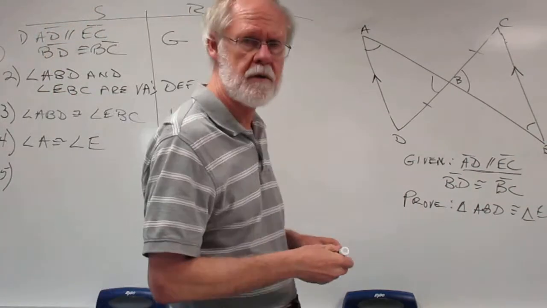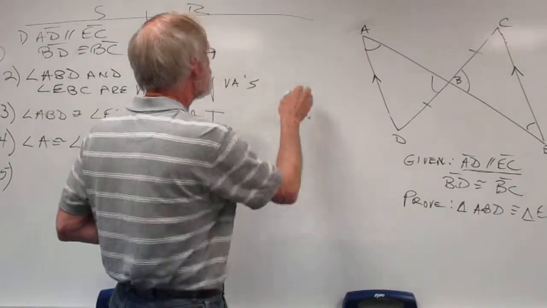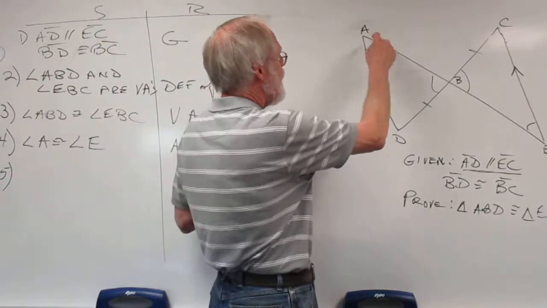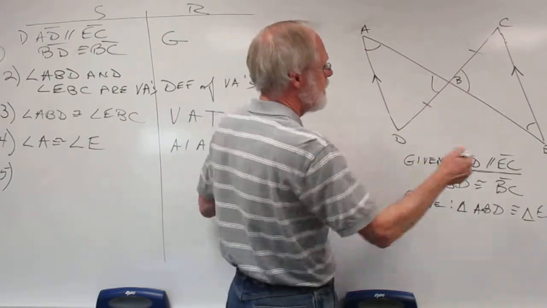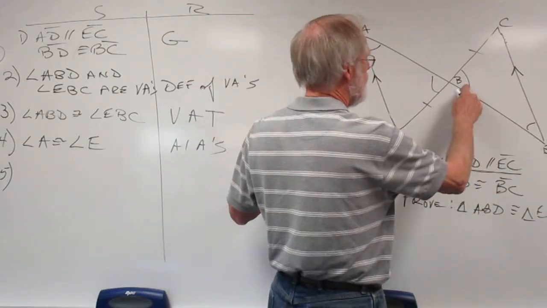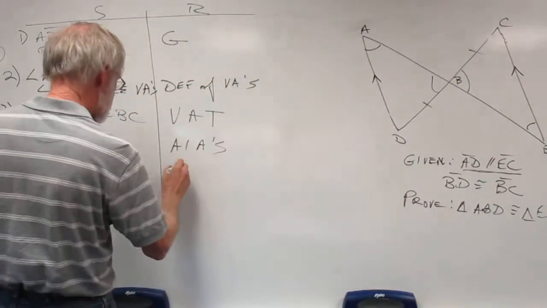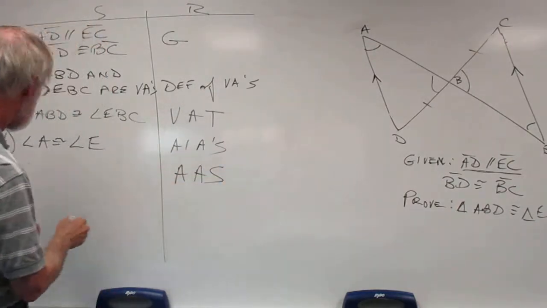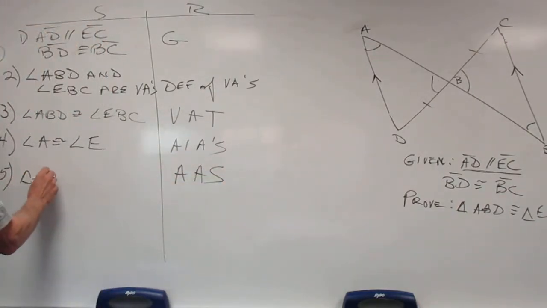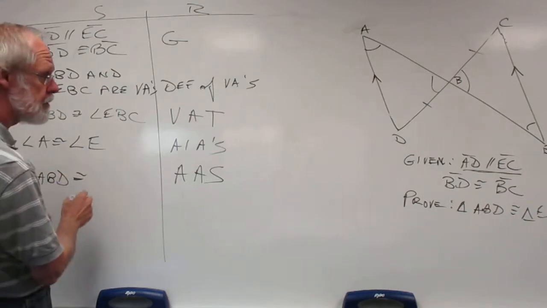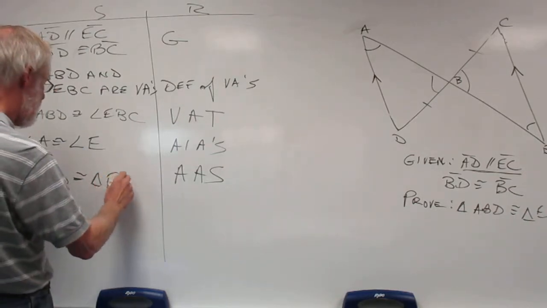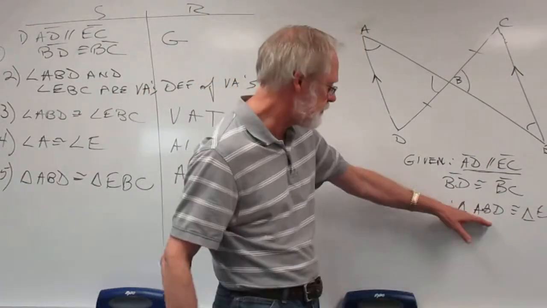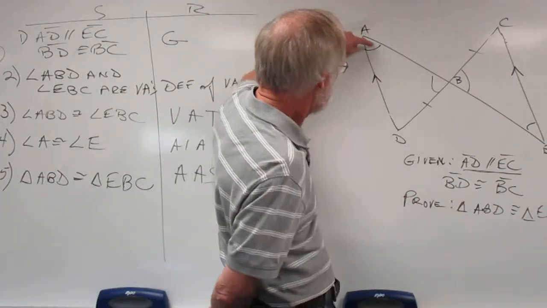Now the question is, what order are we going to put them in? Therefore, which one of the 4 congruences are we going to use? Angle, angle, side to angle, angle, side. So our reason here is going to be AAS, and we have now established triangle ABD is congruent to triangle EBC. And let's make sure that we name those correctly. That's what we were supposed to do here. ABD,